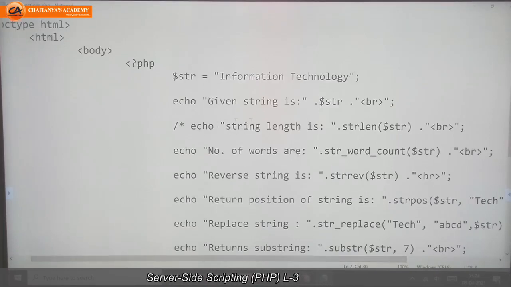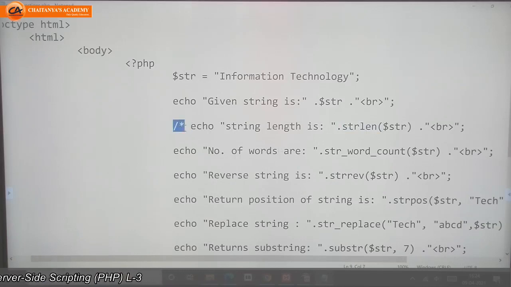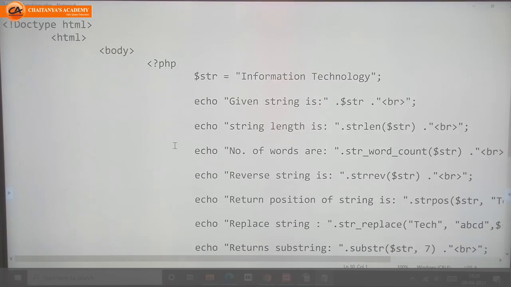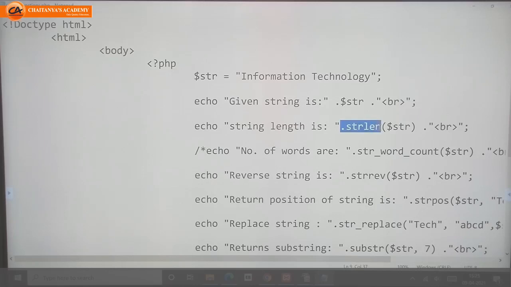Next, the first function is strlen. See how to use the function strlen. Just use the function strlen with brackets. Whichever string's length you want to count, pass the name of that variable, or the string whose length you want to count, into the brackets.